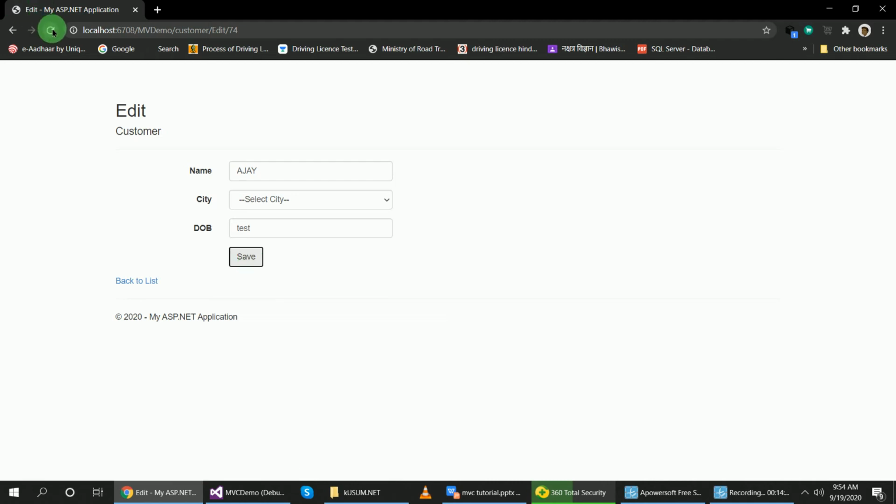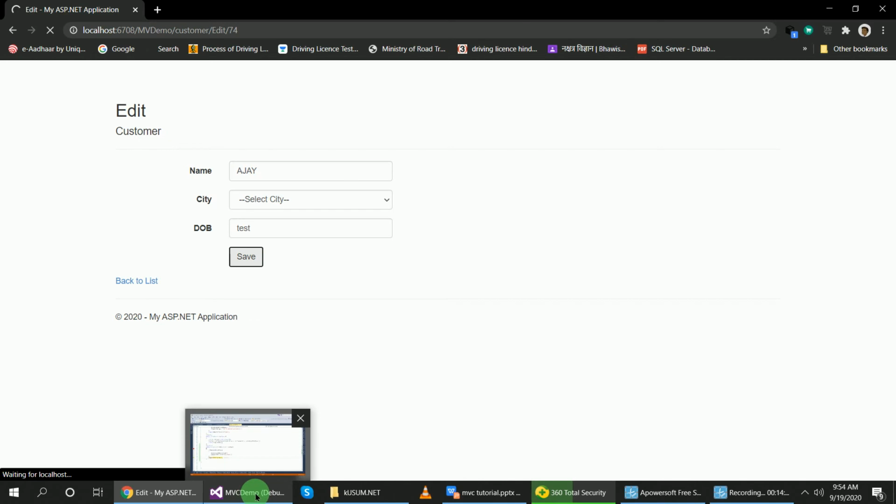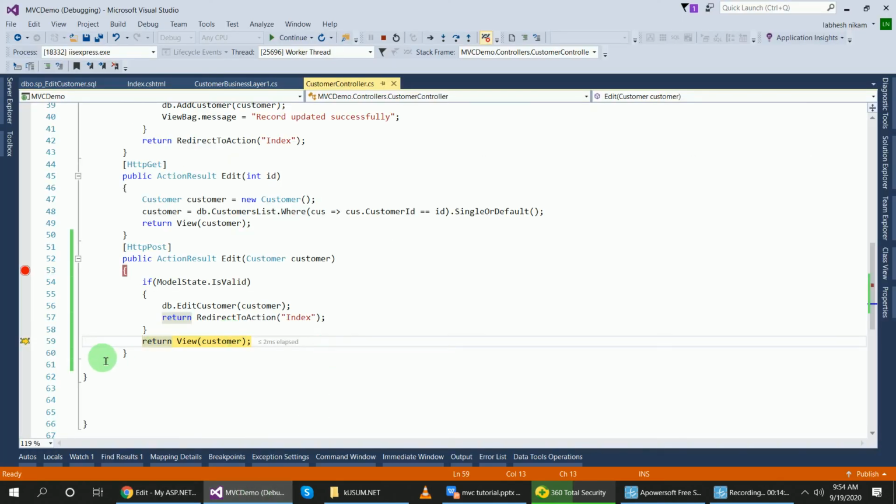Let's run again and check. Because we have put the debugger point, our debugger point will be passed here, and it will show model state is false. So it directly goes to the return, not in the if condition.